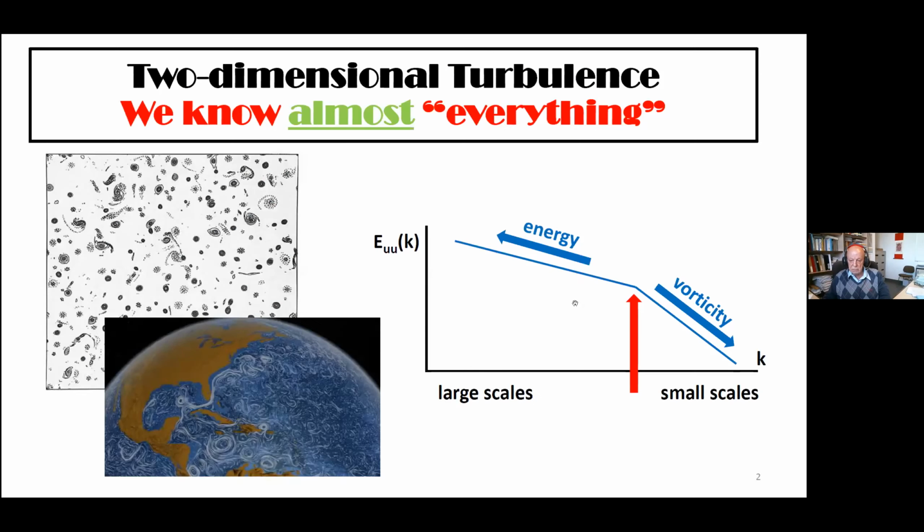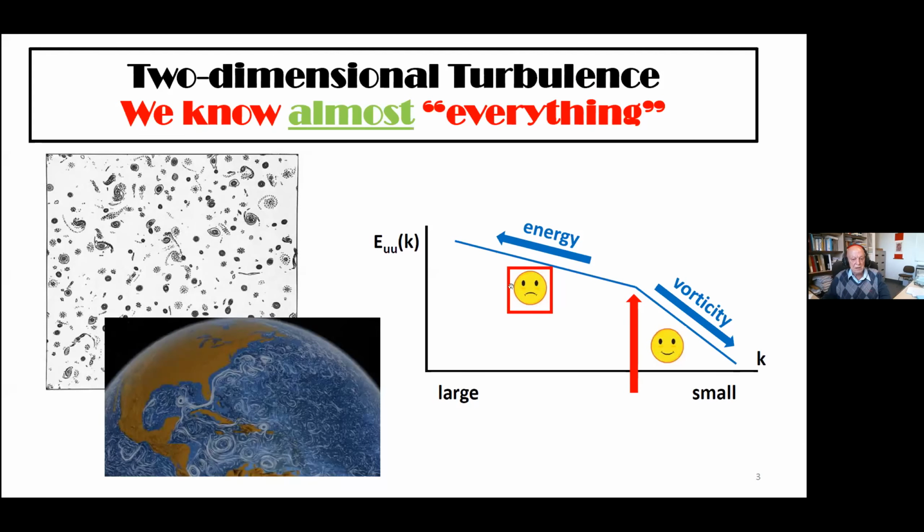Okay. This forward vorticity cascade, this is okay. I mean, we more or less understand that. This is basically these vortices grinding against each other and stretching each other. But the backward energy cascade has always been less clear. It is mostly known what it is not. It's not a merging of vortices. It's a larger scale thing.